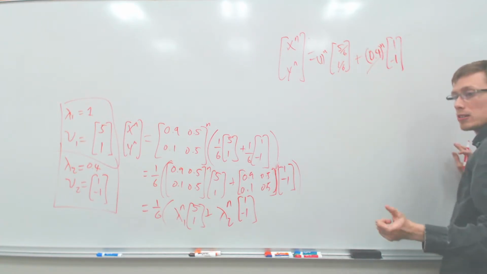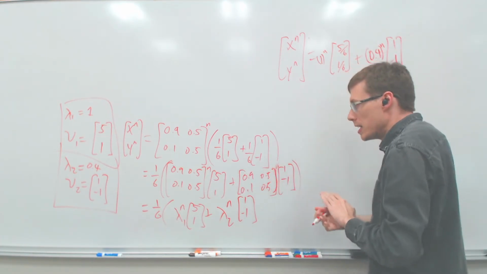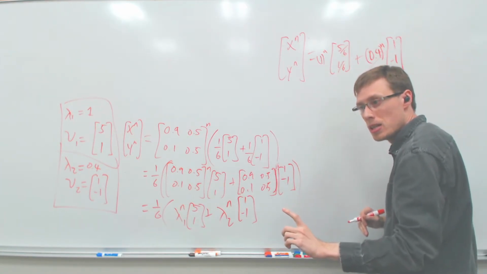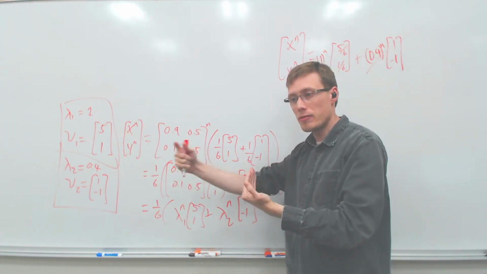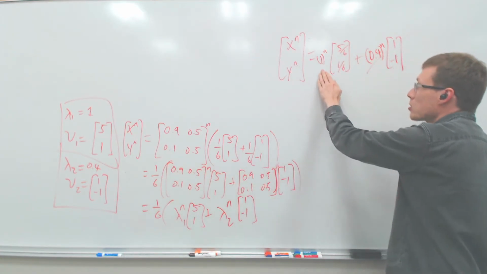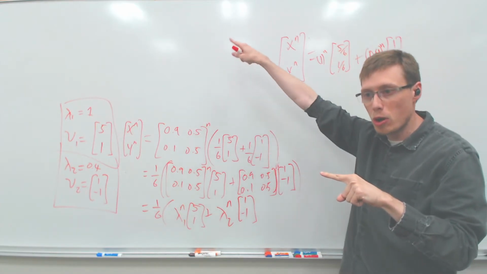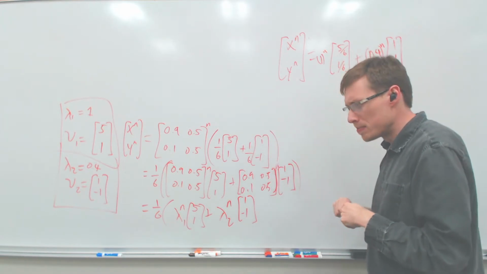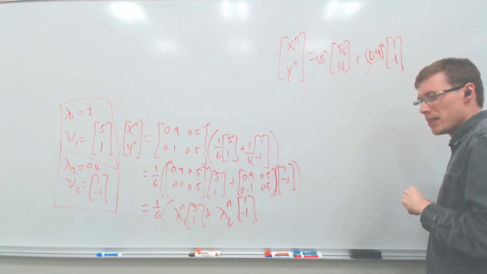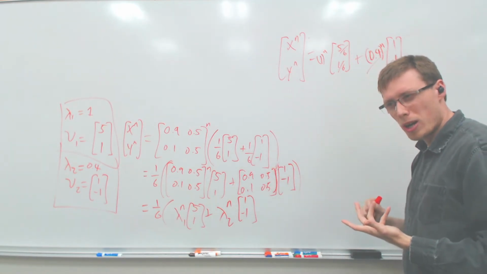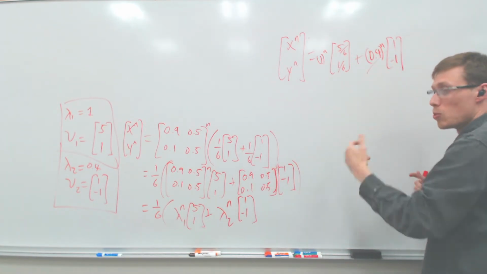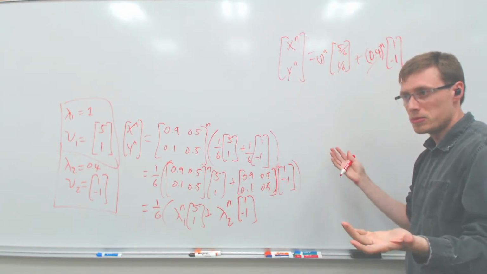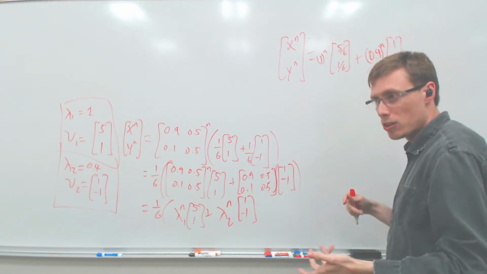So whenever a Markov chain converges, what we can see here is that you will always have, in a regular Markov chain that actually converges, one of the eigenvalues being 1, because as you run it off to infinity, if you have any eigenvalue greater than 1, eventually that term will blow up, and so therefore your vector will go off towards infinity. And we can't have that, because if the vector went off towards infinity, then clearly your total probability is going above 1. Likewise, if they're all less than 1, then you'd eventually go down to the state 0, 0, and you'd have 0 probability of being anywhere, which also isn't valid.